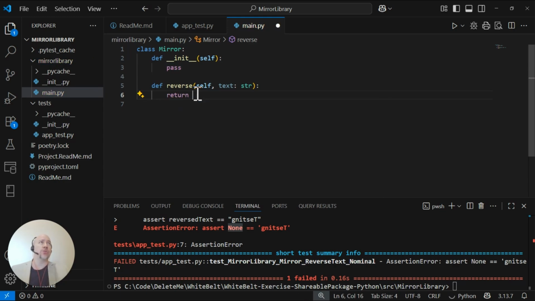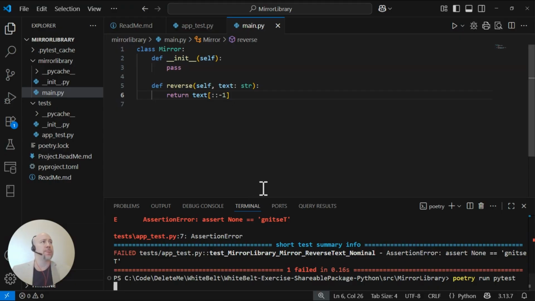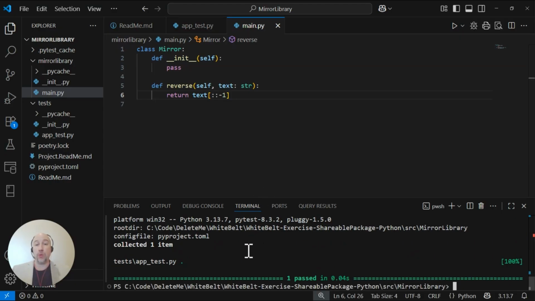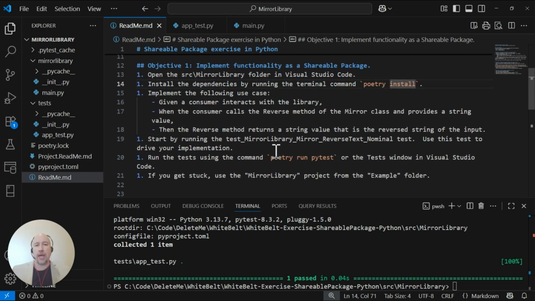So all we need to do here is return the reverse of the string. So we'll take text[::-1]. Let's rerun our test. And we pass. So that takes care of the first part of this. So the second part of this, let's head back to the README, is we need to consume this library from